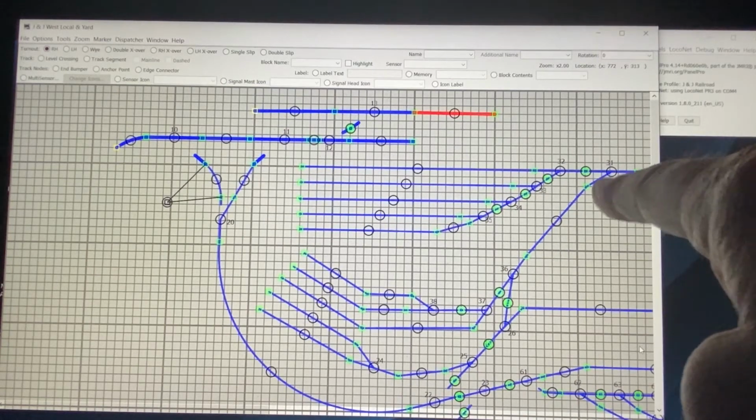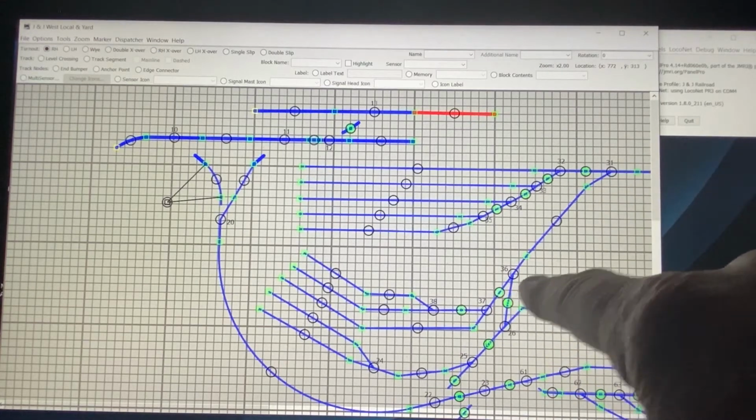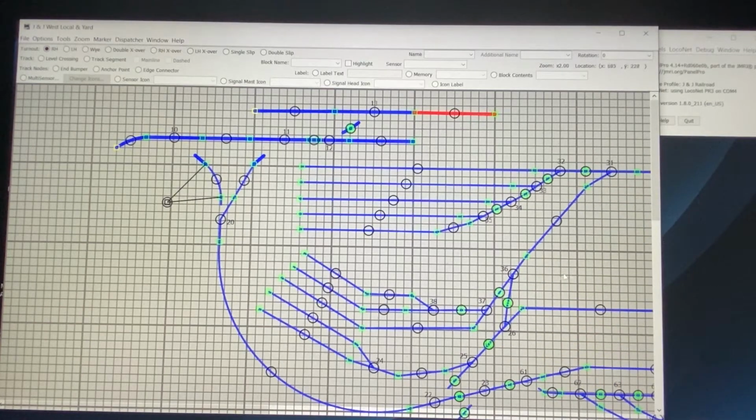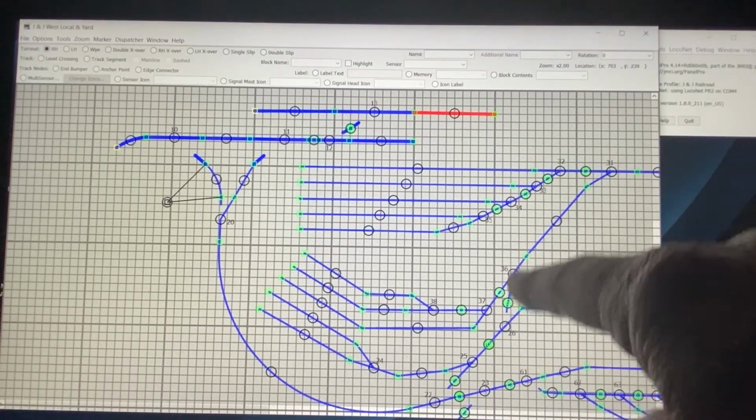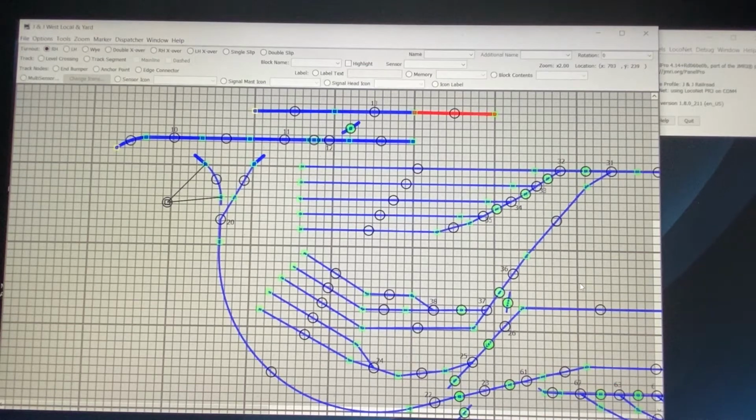If I were to take, for example, the crossover, and come down with a mouse and click in the crossover position, you'll see that that causes the turnouts to change to, in this case, the closed position, not crossover,